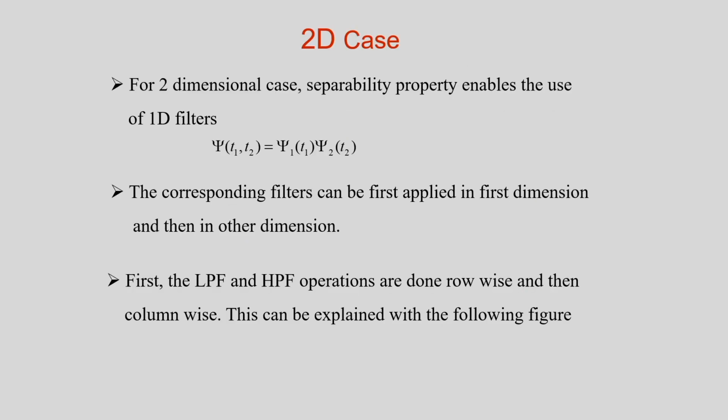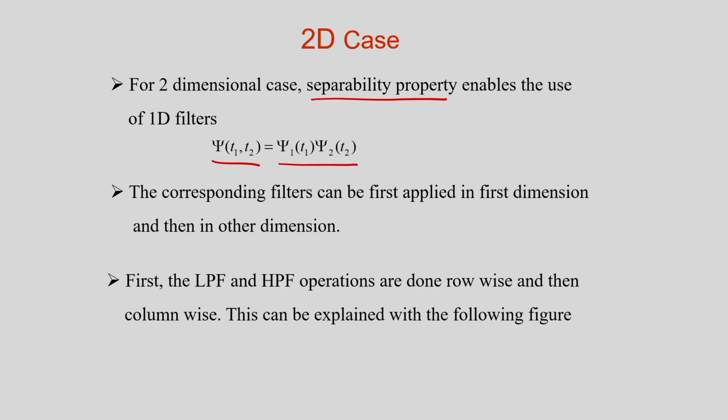So this can be implemented for 2D signals, the 2-dimensional signal like an image, because the main property is the separable property of the kernel. So if I consider this kernel which is separable, based on this property I can implement it for the 2D signal, that is for the image. For the 2D image, what do I have to consider? First, I have to apply the transformation along the rows, and after this I have to apply the transformation along the columns.